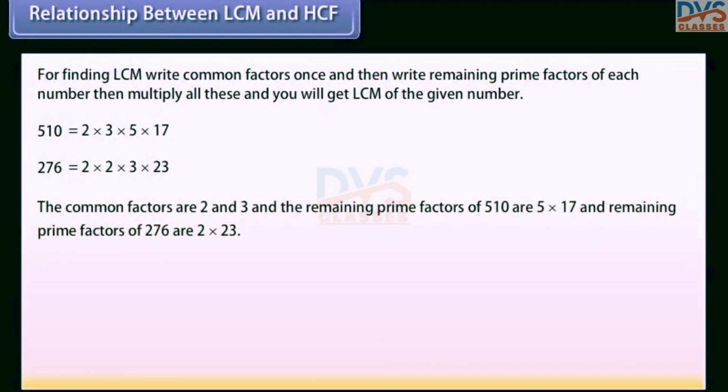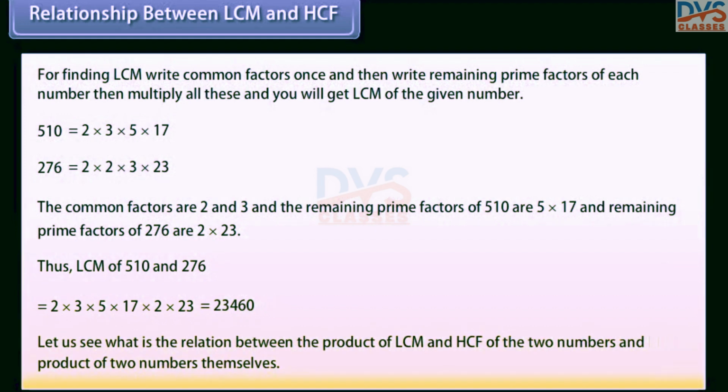The common factors are 2 and 3, the remaining prime factors of 510 are 5 × 17, and the remaining prime factors of 276 are 2 × 23. Thus, LCM of 510 and 276 = 2 × 3 × 5 × 17 × 2 × 23 =